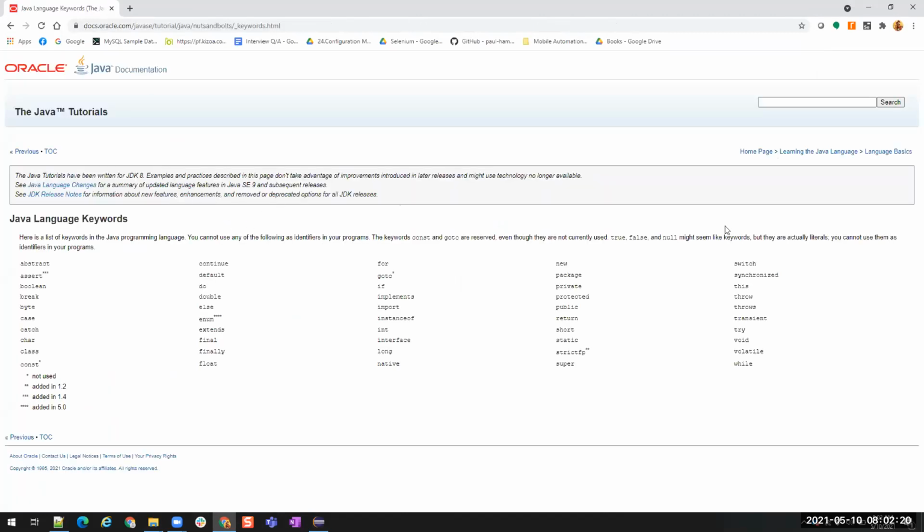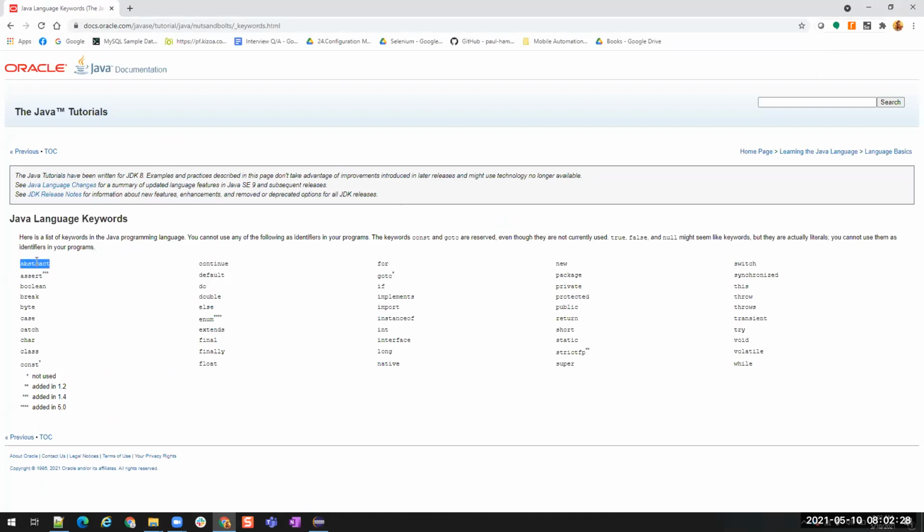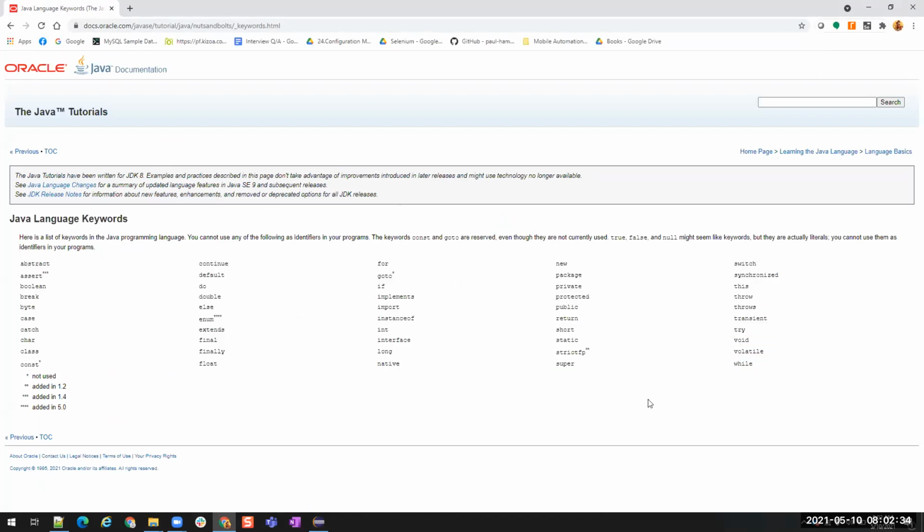When I search like this, it takes me to the organization which developed Java. You see, these are all the keywords of Java. Abstract, assert, boolean, break, byte. We are going to cover almost all keywords by the end of our sessions, except a few things like the enum keyword and goto.